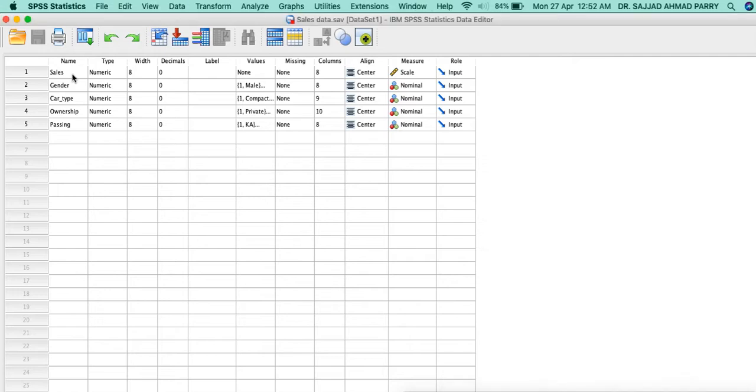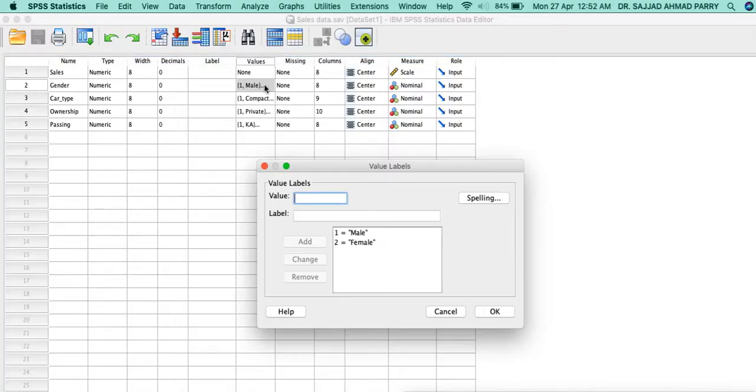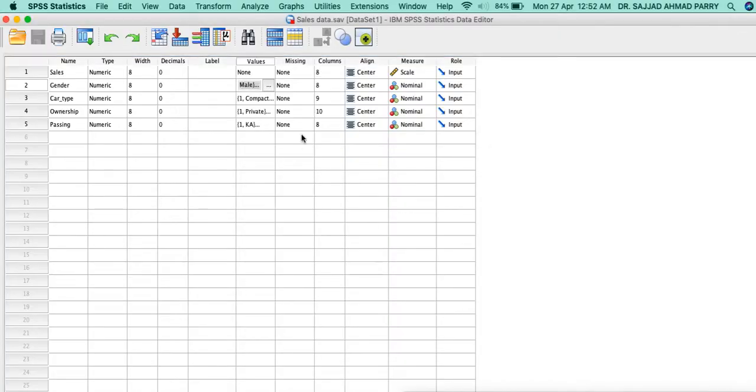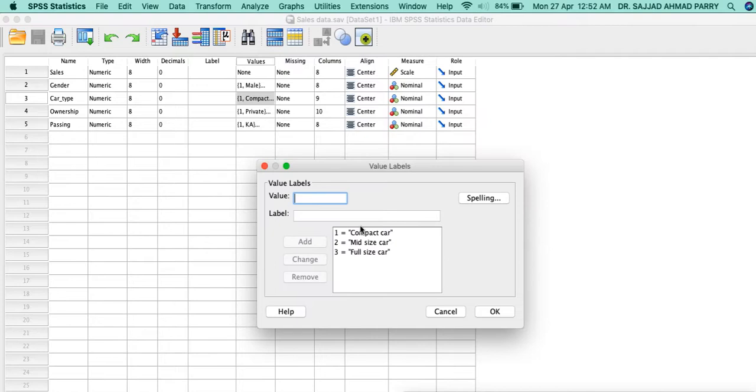If we talk about sales, we don't need sales here because this is continuous data. We cannot use this. Then we have gender, car type, ownership, and passing. These four variables we can take here. Gender has two categories, male and female. Car type has compact car, mid-size car, and full-size car.